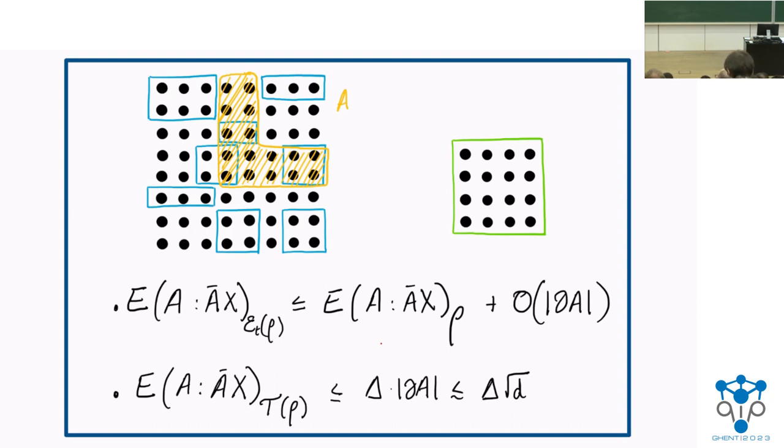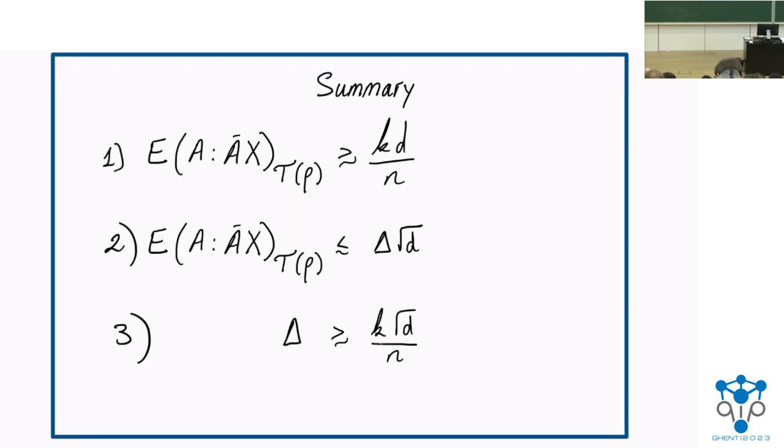And eventually, what we obtain is that at the end of the circuit, since the circuit has depth delta, the entanglement is lower bounded by this quantity, which is lower bounded by this quantity. Great. So we did obtain every step we needed. The entanglement is large. The circuit takes time to build it up. And so we have a lower bound on the depth of the circuit.